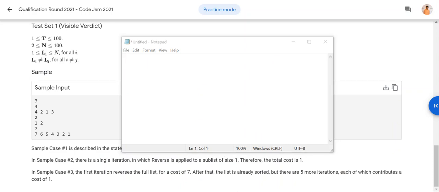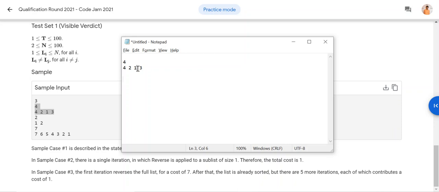Now let us imagine that we have a list of numbers, like these. The reverse sorting technique says that you have to start sorting from the lowest till the last. But once you find the lowest, you have to reverse the entire array.